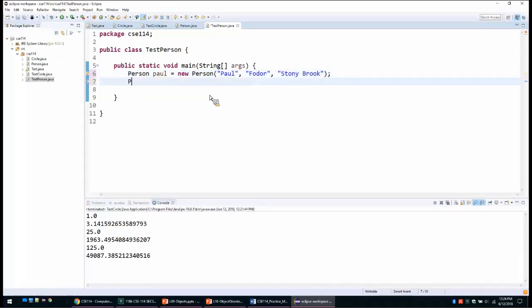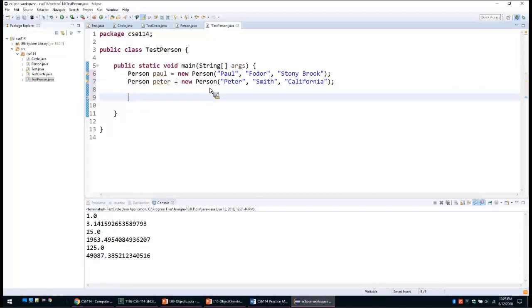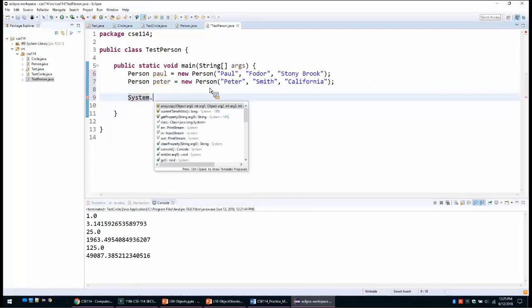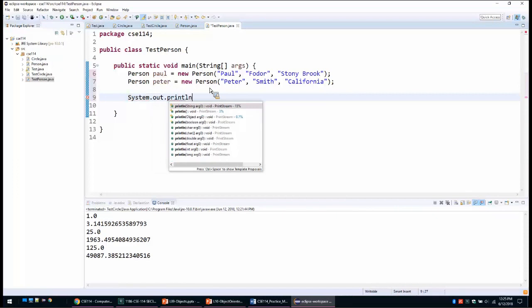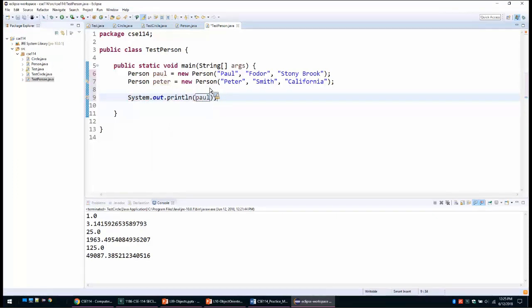And we can create a different person, Peter, and this is also a person. Let's call it Peter Schmidt, and address California. And now if we print these different people, Paul and Peter,